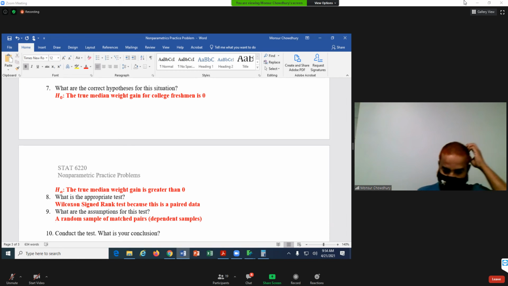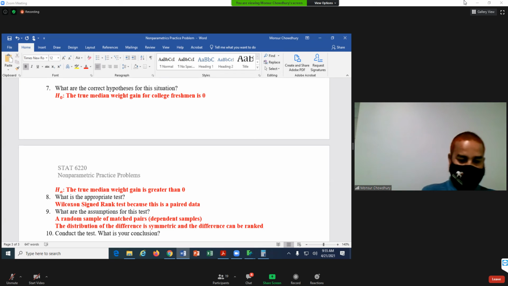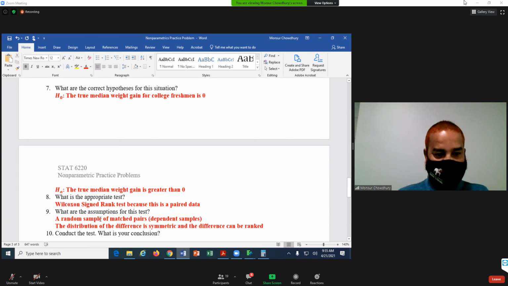And any other assumptions? Differences within pairs have a symmetric population distribution and can be ranked. Okay, so the distribution of the differences is symmetric and the differences can be ranked. Okay. So we write our two assumptions.